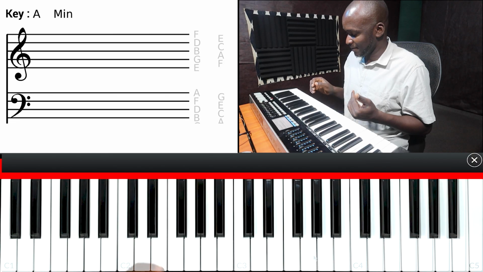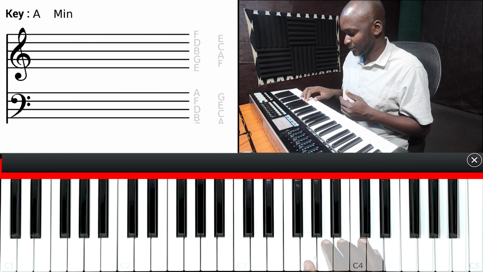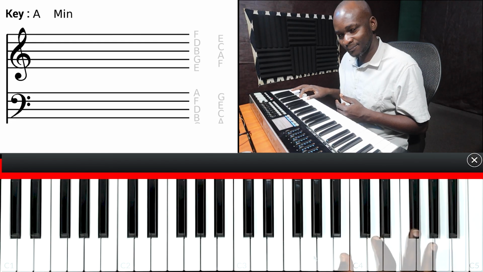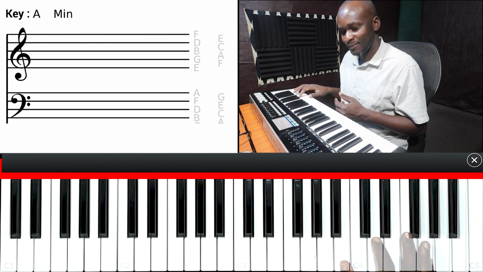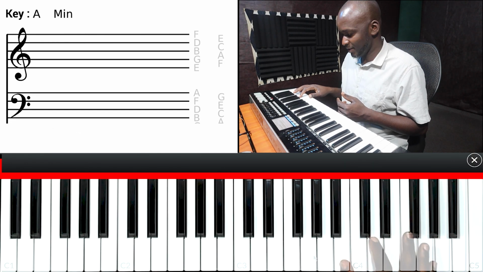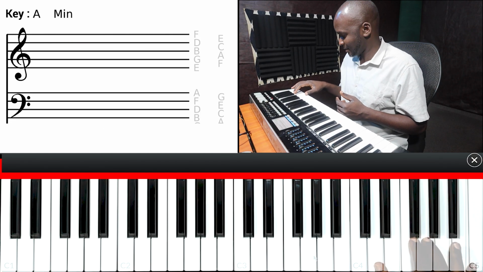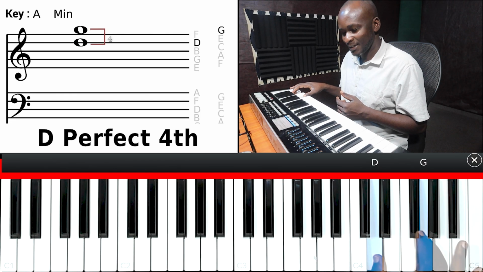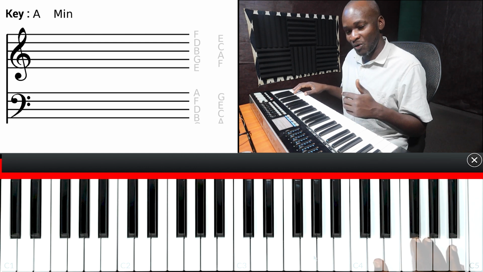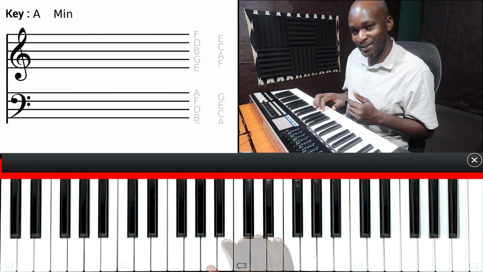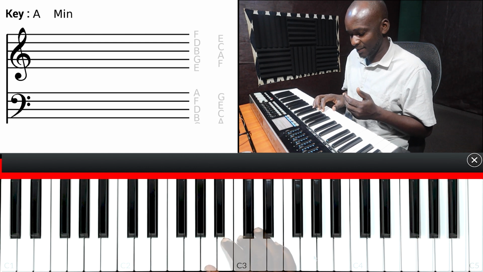Go to a G, the same thing. Root 5/3, then first 6/3, then second 6/4. So even if you go to a minor chord, for example A minor, A, C, E, if I get the A